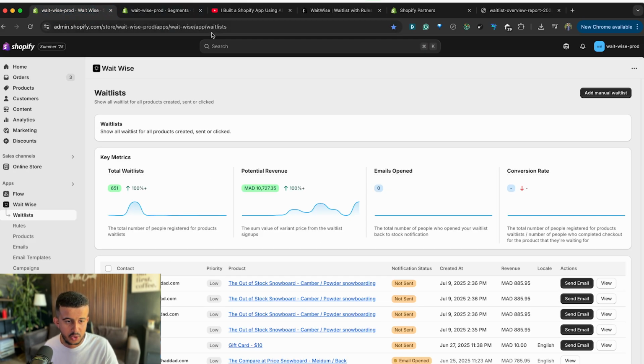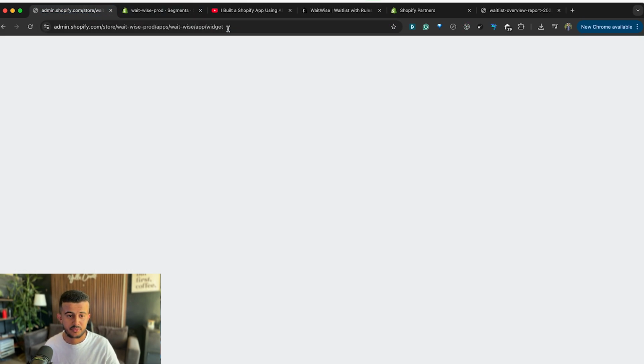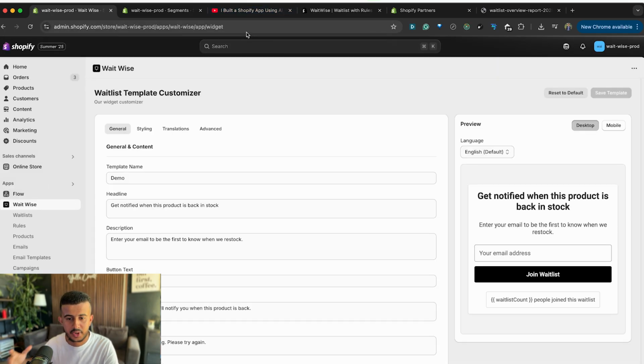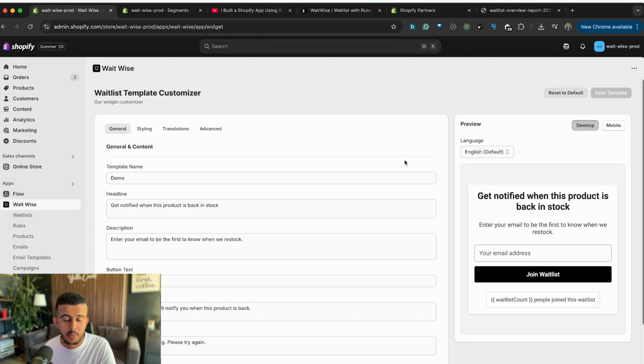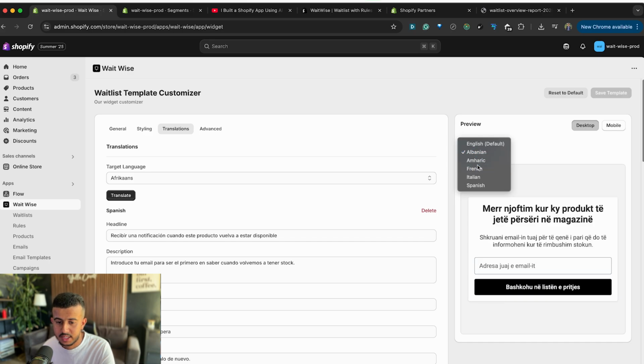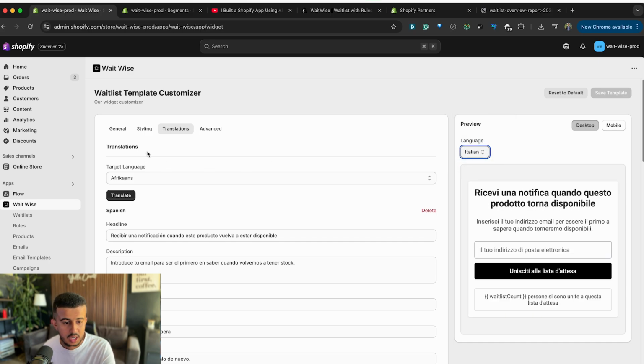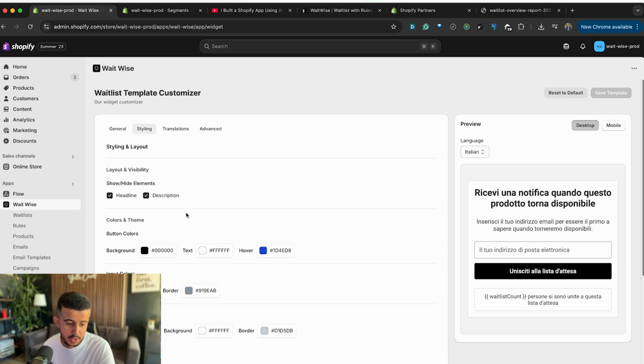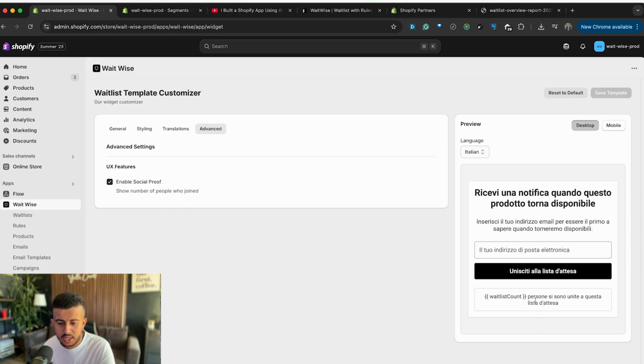Also, one of the things that I am working on is the widget. Currently, because the Shopify theme customizer is limited in terms of how many settings I can have, which is 25 blocks of settings, I decided to move the widget settings to a page where I can have more freedom to add many settings. For example, I have auto translation, so you can auto translate to a lot of languages. For example, you can see French, Spanish, and here you can customize all the styling for the widget. Also, we have the social proof, so you can see how many people